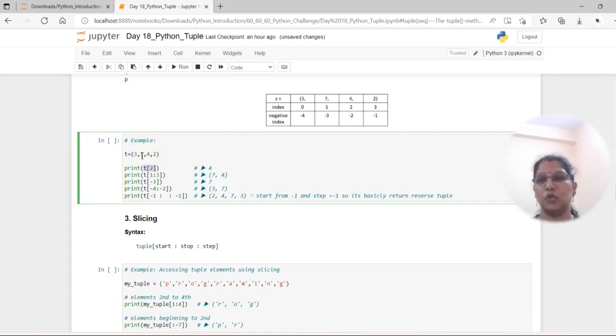If I want the third element, I have to specify T of 2. And here you can also specify a range, so you can have more than one element. And see here, dear friends, T of 1 colon 3. 1 colon 3 means from